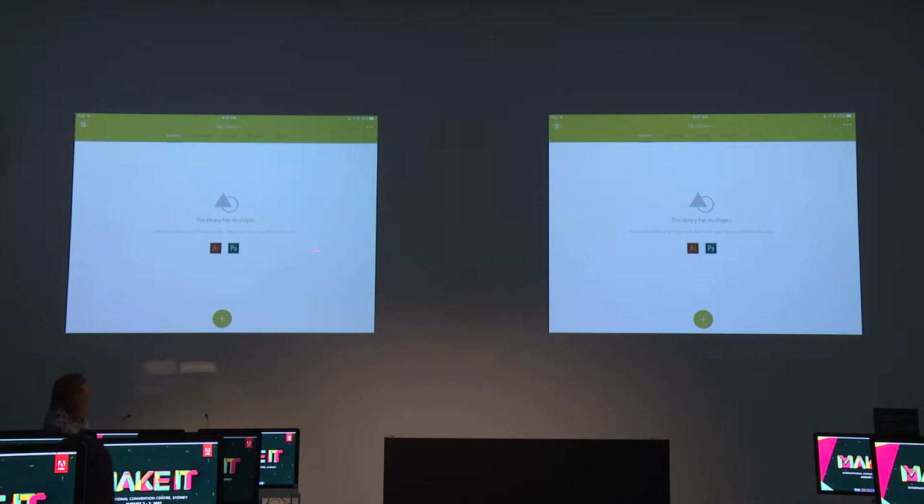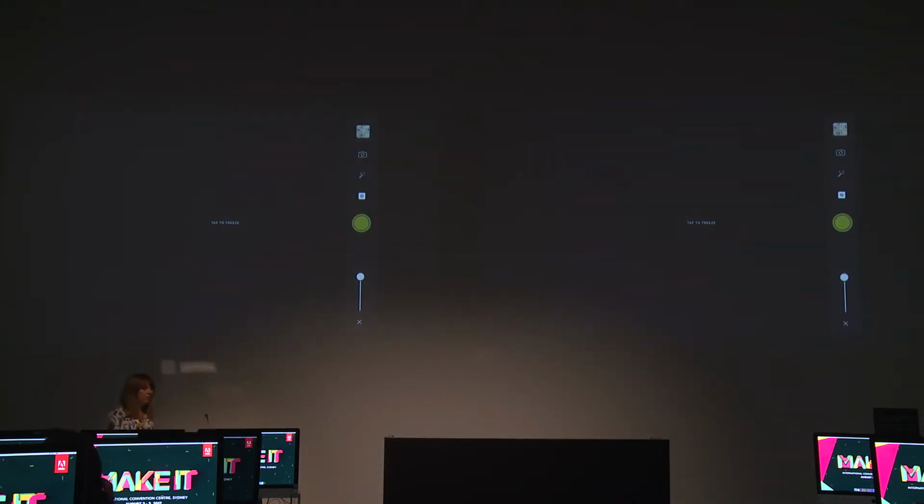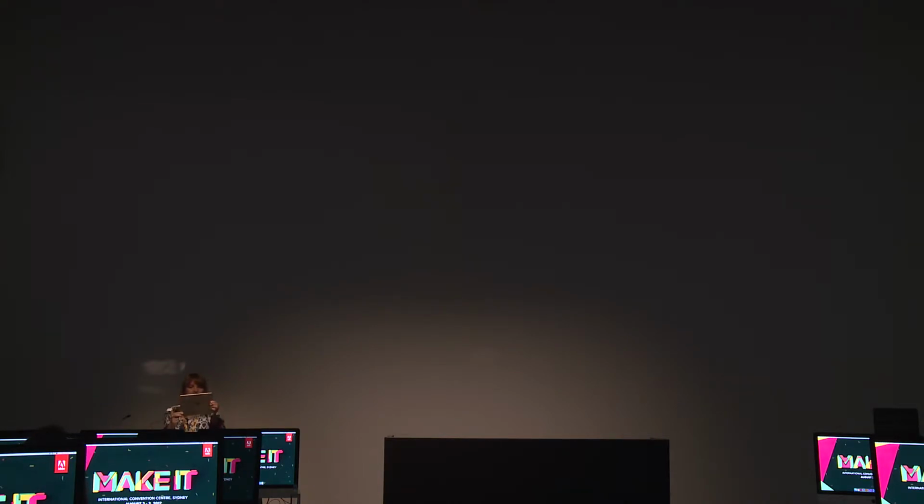Okay. So if you look across the top, we have shapes, patterns, colors, brushes, and looks. We're just going to do a shape. So tap the big green plus at the bottom. And you'll notice by default, and now it's black, because it's gone into the camera, and my iPad's sitting right here on the desk. But if I pick up my iPad, you'll see the room, right? This is the default way that Capture opens and the way that it's always demonstrated, and it's really